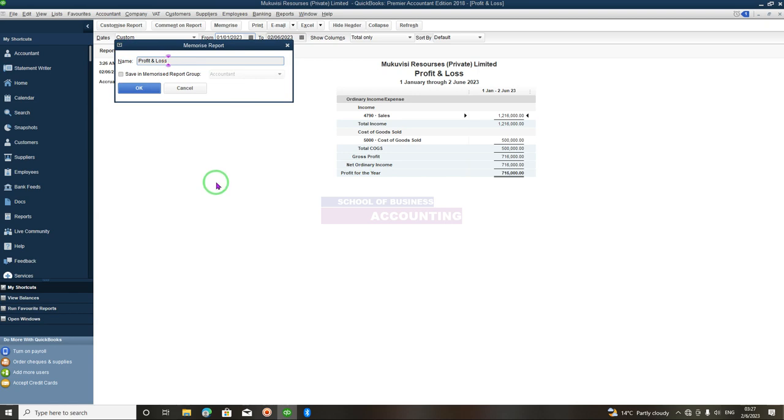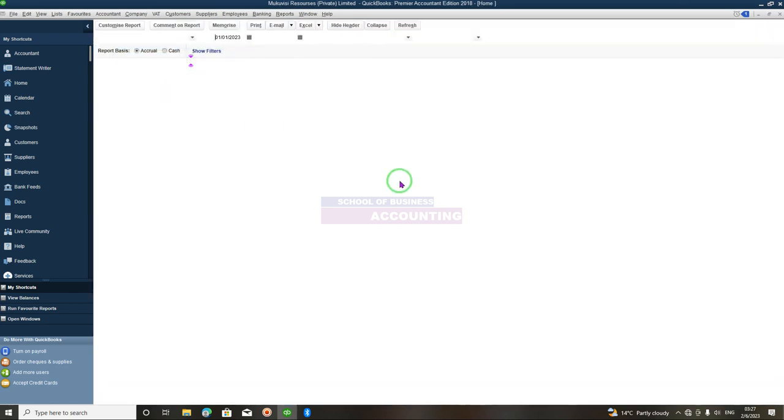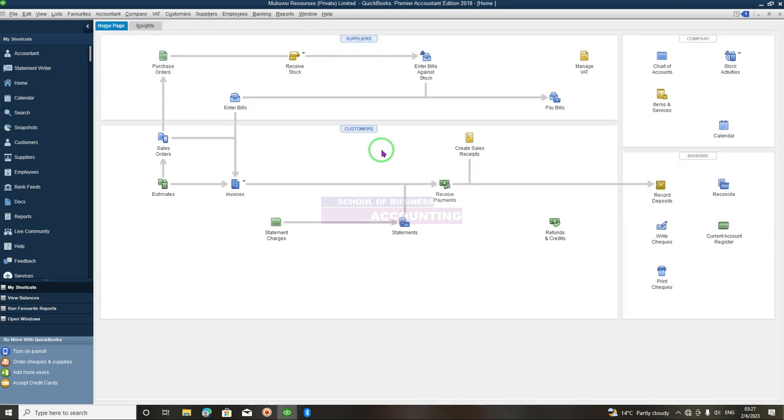Profit and loss, let me put year 2023, right? Then I click on OK. So when I click on OK, that report has been memorized. What it means is next time when I want to just use the format